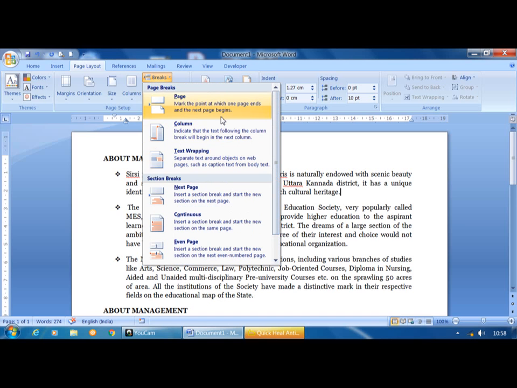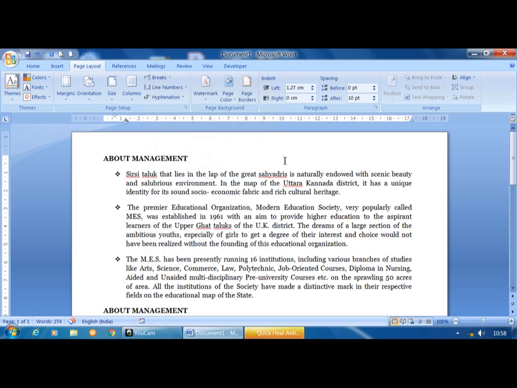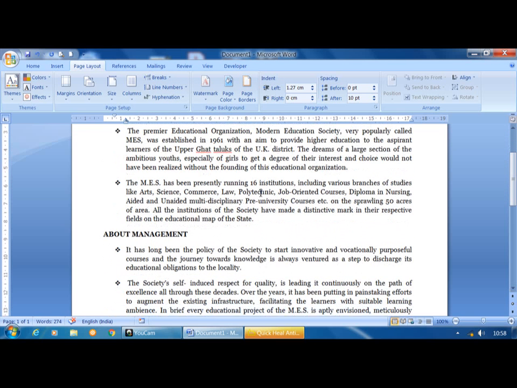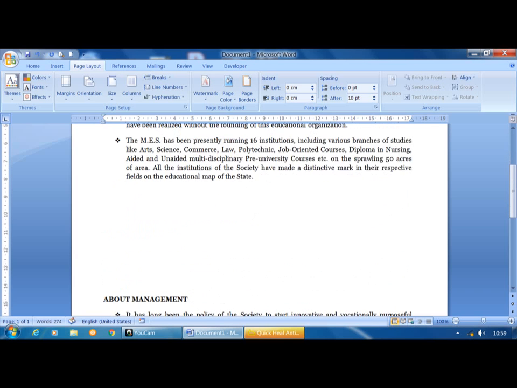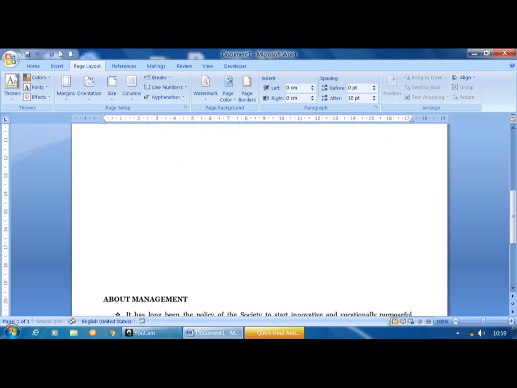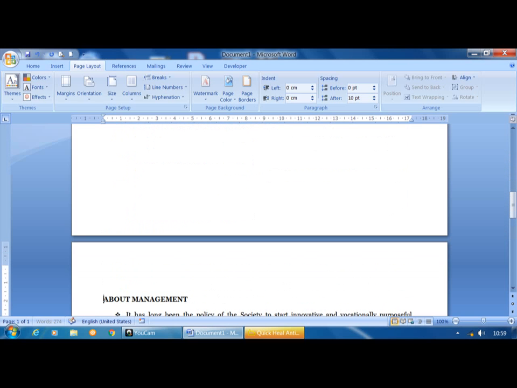Here I will show how the page break applies. If I want to move the about management information to the next page, normally I will place the cursor here and press the enter button. Directly it moves to the next page.